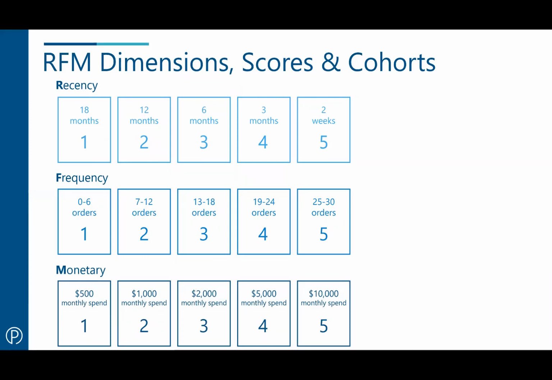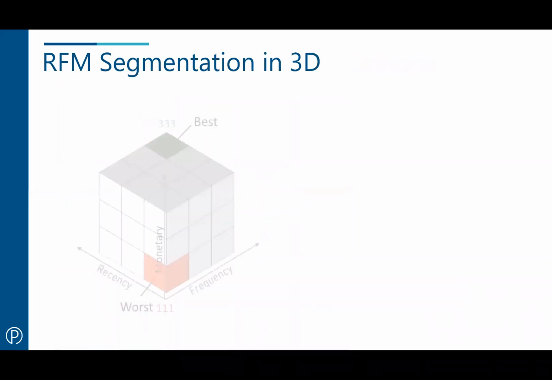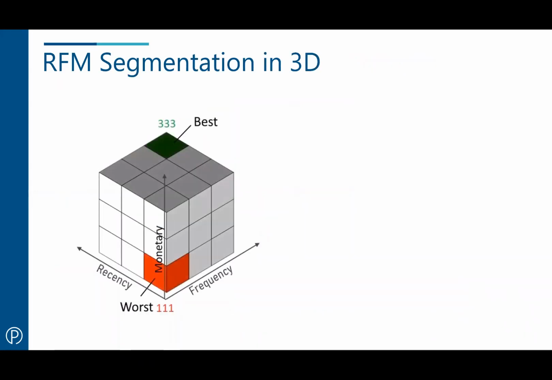Okay, so first of all, you create those buckets and then score each customer. And then you build a model using that scoring. So here's a fairly simple Rubik's Cube model using the 1 to 3 scoring. And you can see that your best customers, unsurprisingly, end up with a 3-3-3 score, and your worst customers end up with a 1-1-1 score. And you can see that you're basically building this out of those 3 dimensions to put your top customers in the top far corner and your worst customers in the bottom near corner. And that's what it looks like when you do it in 3D.